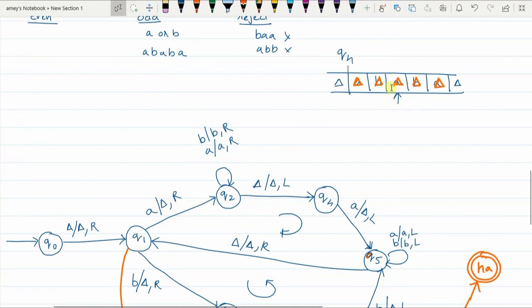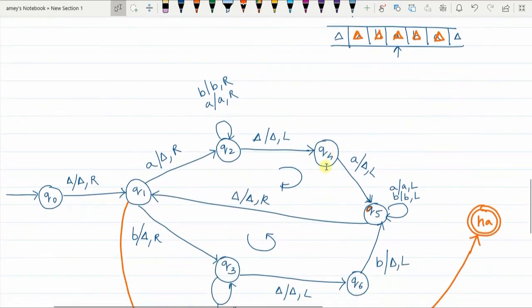In Q2, when delta was encountered again, I replaced delta with itself, moved left, and I am in Q4 now. If there was a matching A for this A, then it would have been an even length palindrome, but that's not happening, right?